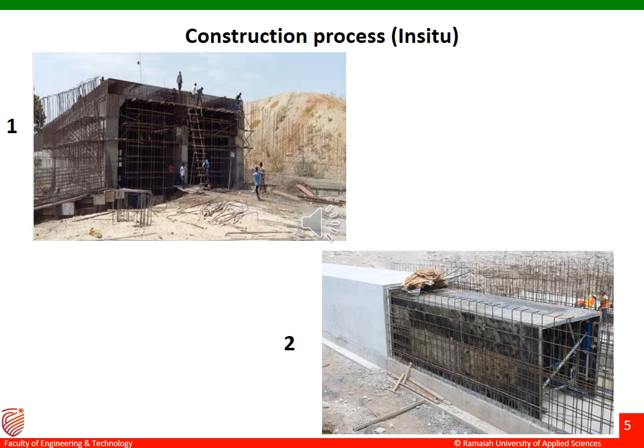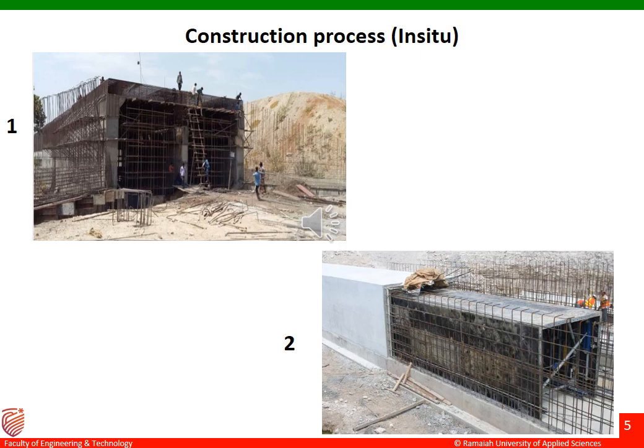A very important thing is that while constructing the box culvert, you should not construct each component separately. That means I could first make the bottom slab, then the side walls, and then the top slab. You can do that, but one more important thing is you should have continuity of the reinforcement between the components. That means you should have connectivity of the reinforcement between all the components of the box culvert.